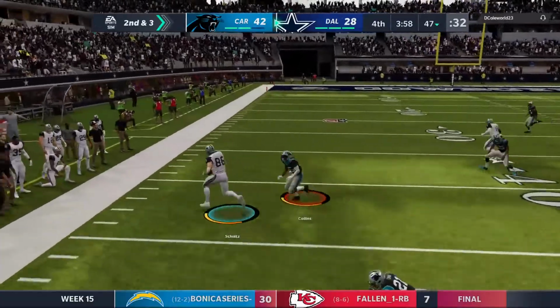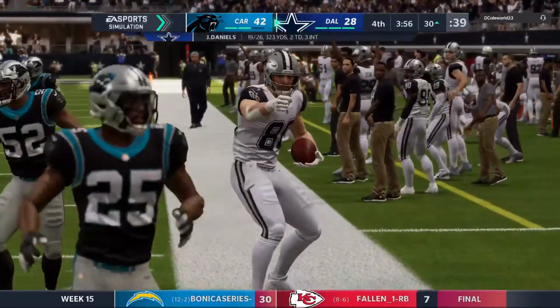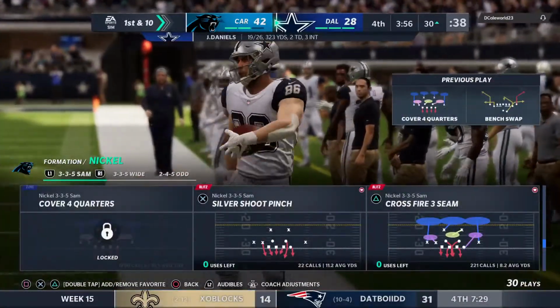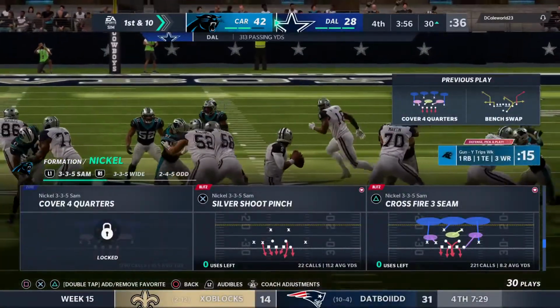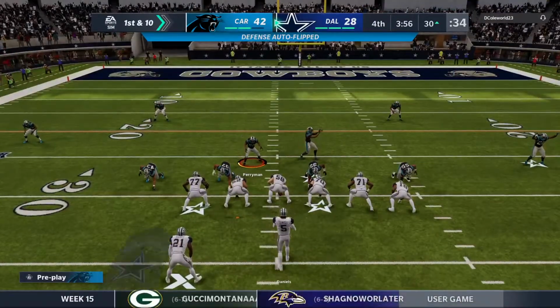Now left side, a completion to his tight end. And they'll get this to the 30-yard line before crossing over out of bounds. Good work after the catch. Going to net him 23 and a first. First and 10 at the